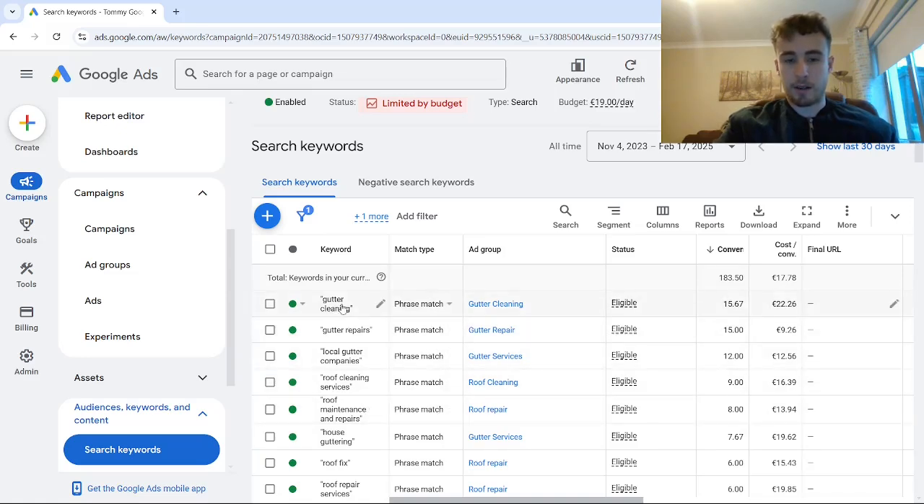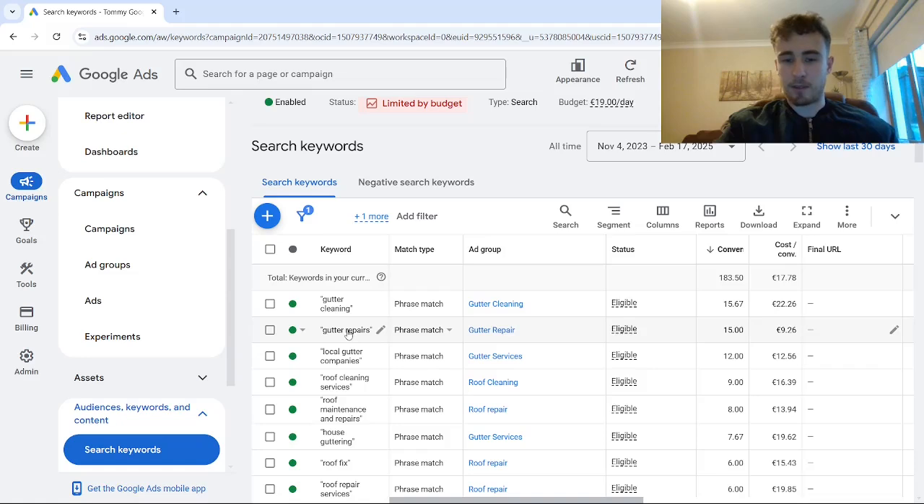And as you can see here, the gutter cleaning keyword has specific gutter cleaning ads. Same with gutter repair, same with guttering services, same with roof cleaning, roof repairs, and so on. Because if all of these went into just a generic roofing ad, then they wouldn't stand out anywhere near as much. Because if someone's looking for a gutter repair, for example, and then they just see roofing company near